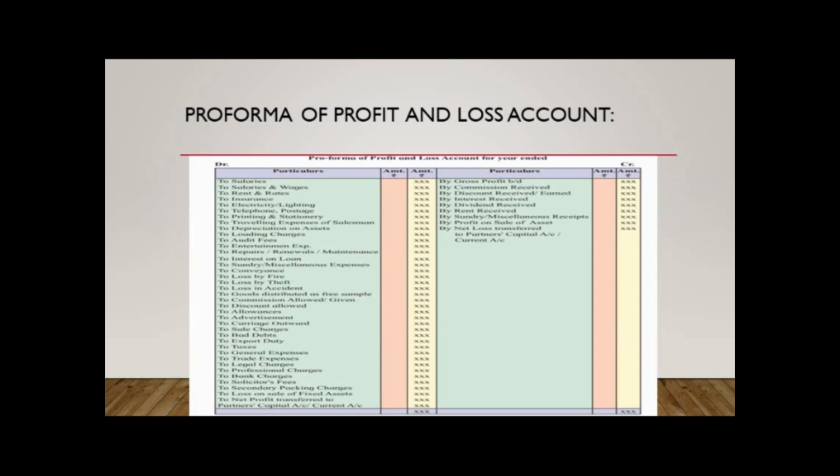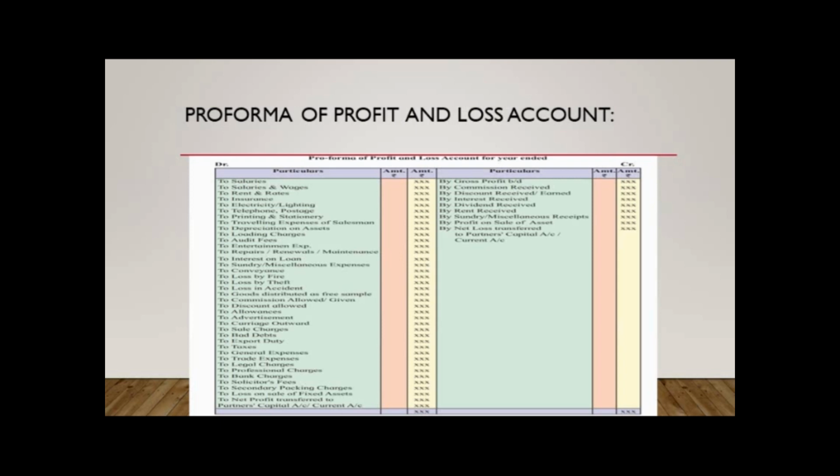So whenever we are going to start with profit and loss account, we have to leave one line. The gross profit that we have got from trading account, we will transfer to profit and loss account credit side. Now come to the debit side of profit and loss account. All your office expenses or selling and distribution and financial expenses we will record here. Just go through this.